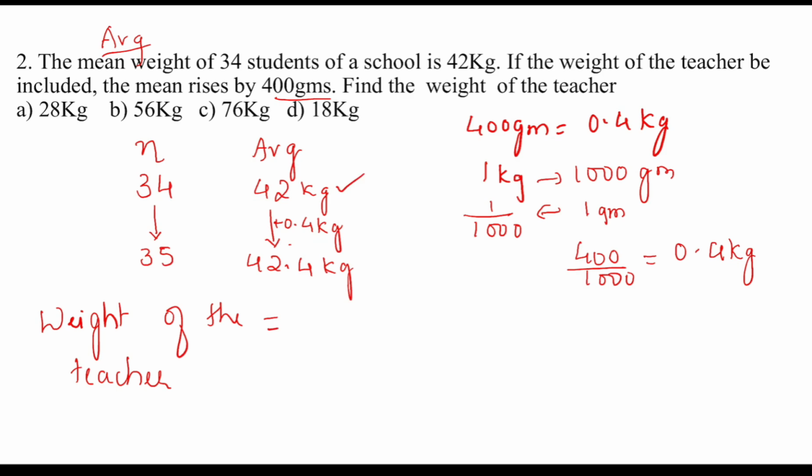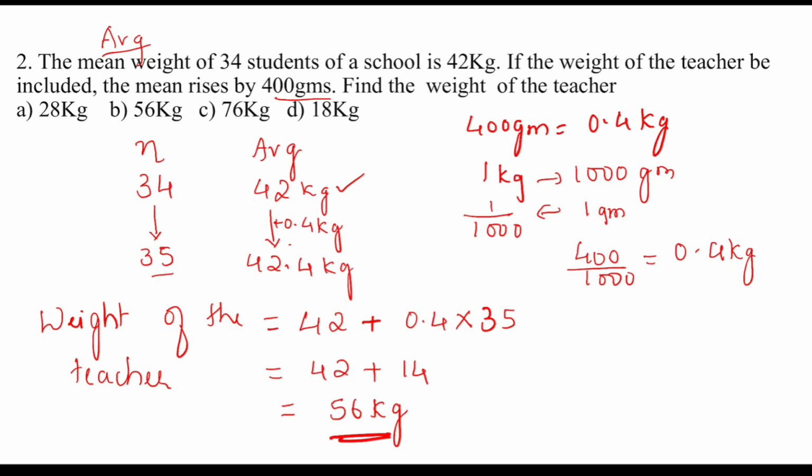Therefore the weight of the teacher is the old average, that is 42, plus how much it is increasing? It is increasing by 0.4, into the number of new members, 35. That is 0.4 for each of all 35 members. So it is 42 plus 0.4 into 35, which is 14. So 42 plus 14 is 56 kg. The weight of the teacher is 56 kg. Next,